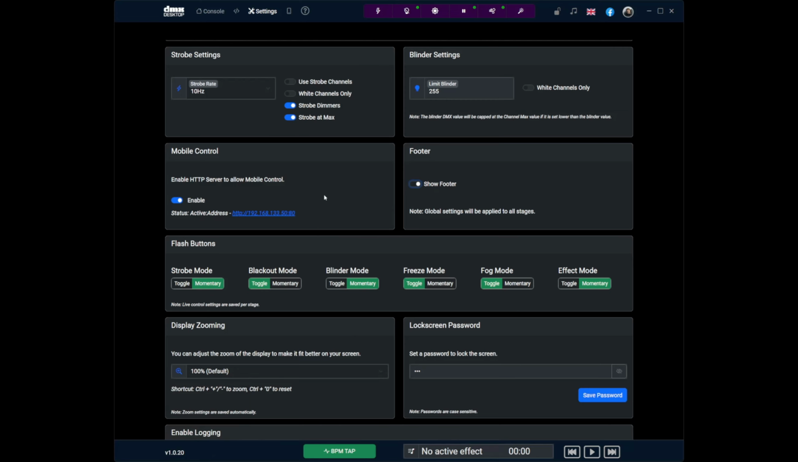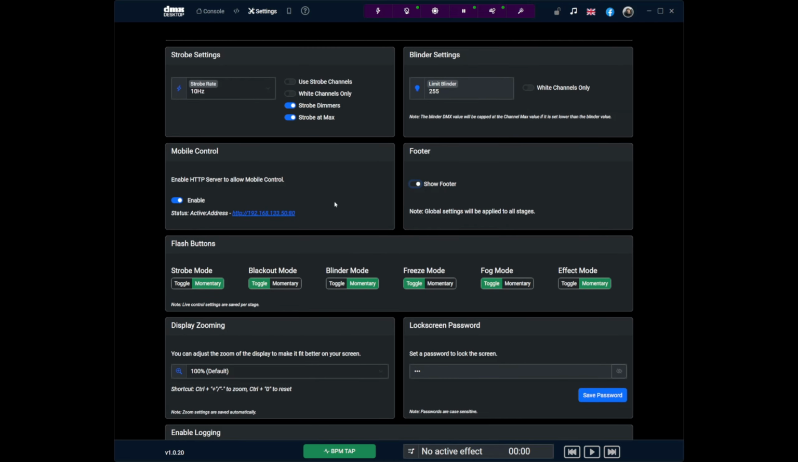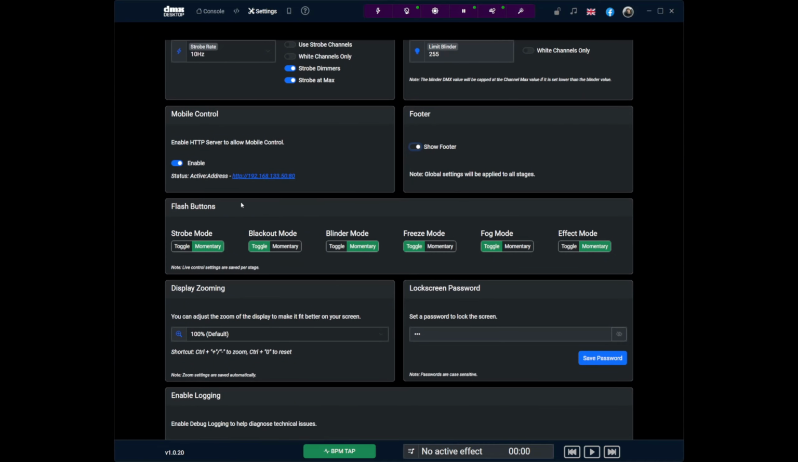It's on by default. I think that's the best setting for it. It's very useful, and I can't really think of any good reasons to switch it off. Flash buttons,